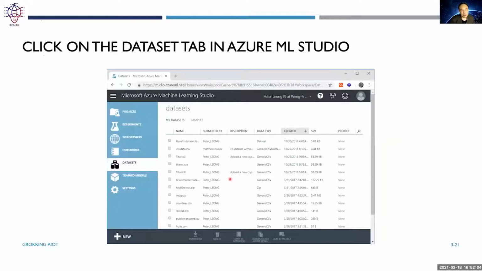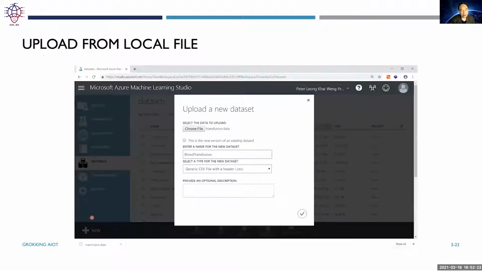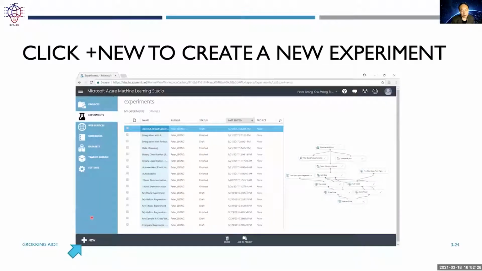Now, once you actually log in, you will be able to also find this tab interface. If you click on, instead of experiments, which has all the workflows, another tab interface, which is data sets, you find that you can click on the button at the bottom to upload a new data set. So click on that, just select the data that you have downloaded and click on yes,